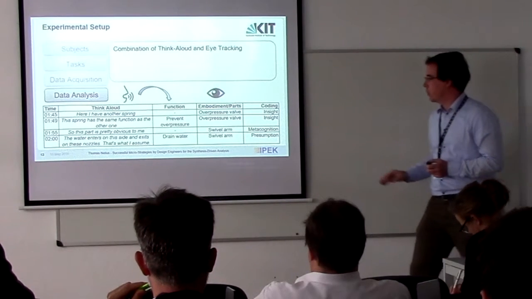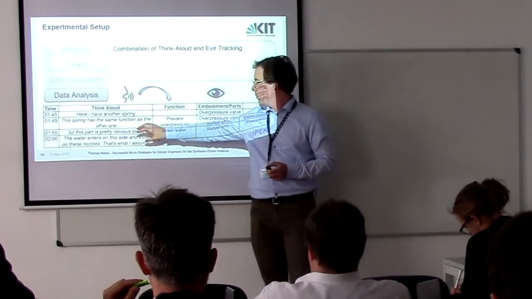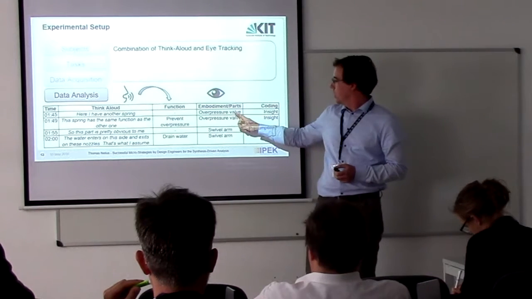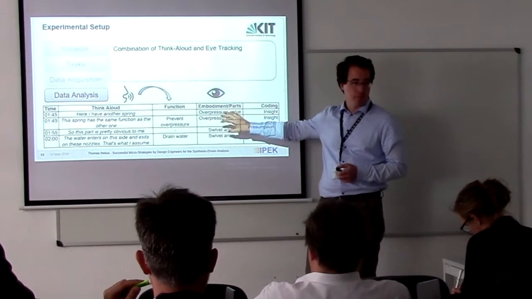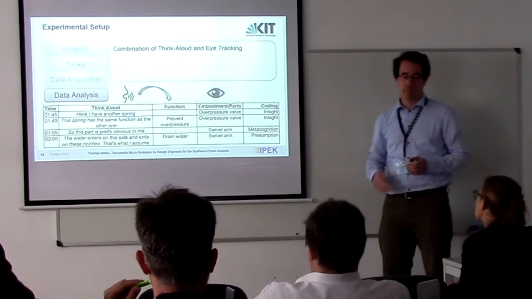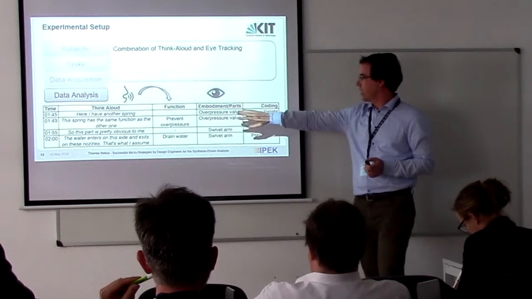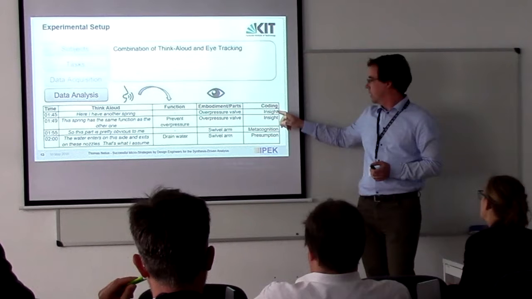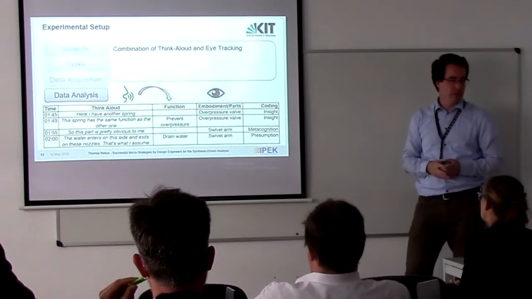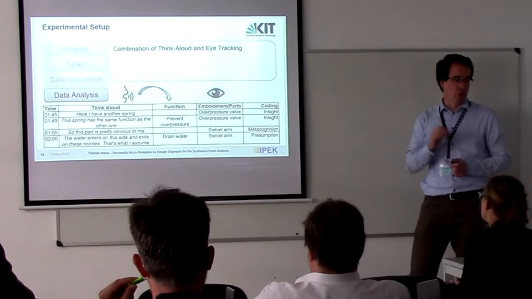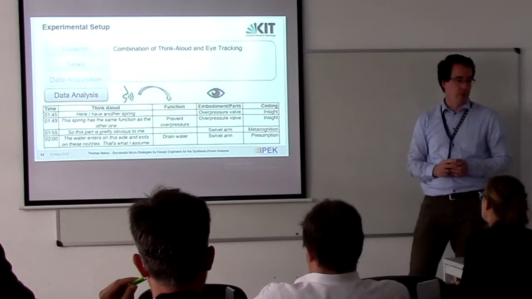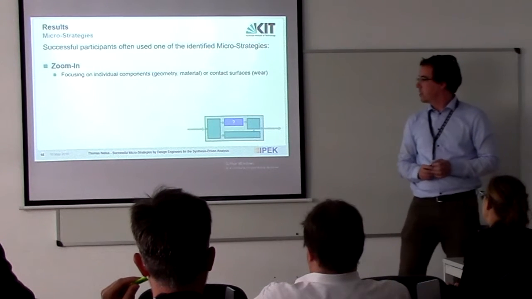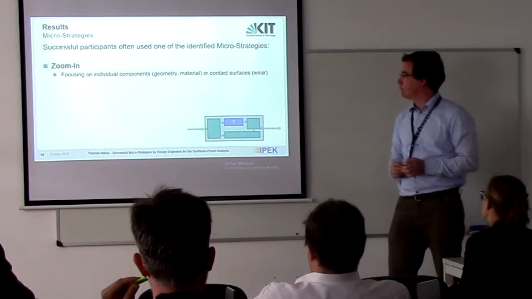We transcribed all the audio from the Picolot, coded the functions which were analyzed, and from the eye tracking we had the information in which parts the participants looked. And also we coded the Picolot on whether the participants had doubt in their analysis, or if they were absolutely sure about the topics they were talking about. And now let's come to the results of this study.